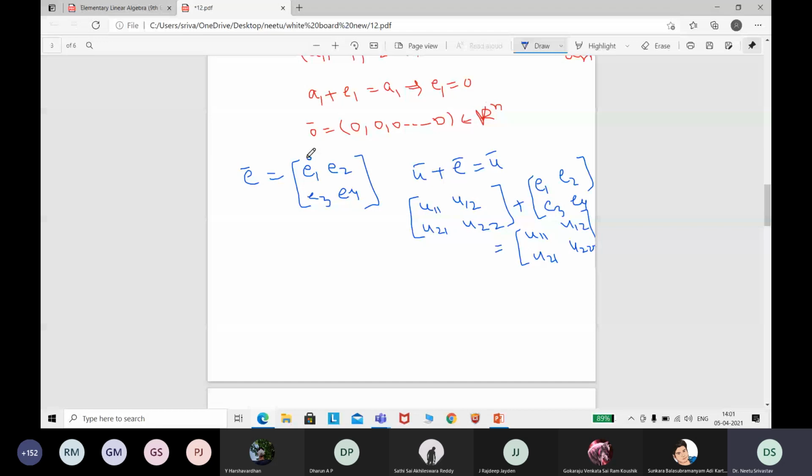Now additive inverse. Find out the additive inverse. Additive inverse is an element in the set which when added to the number will give you the additive identity. Correct? So you assume some additive inverse, add it to the number, equate it to the identity. Then you will get all unknowns. And tell me what are you getting?